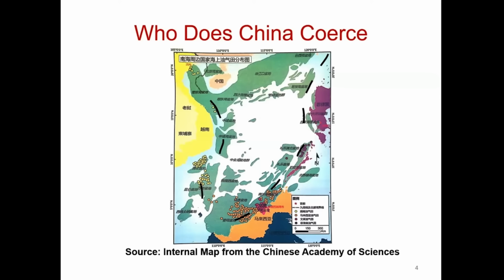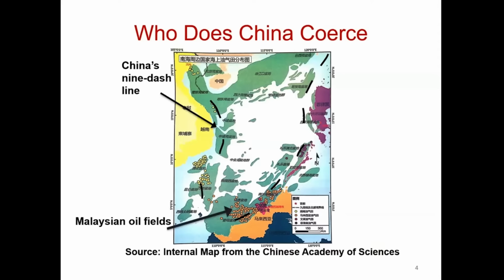Now, let's stick with this South China Sea theme and take a look at an internal map that I got from the Chinese Academy of Sciences when I was doing field work a couple of years back. The whitish area in the middle is the South China Sea, and the black dashed line is China's dashed line. Essentially, China claims all of the land features as well as maritime rights from within the dashed line. Towards the bottom, you're going to see some orange dots, and these are Malaysian oil fields, and there are a lot of them within the Chinese dashed line. To your right, you're going to see one single purple dot, which is the Philippine oil field. So there's only one within the dashed line.